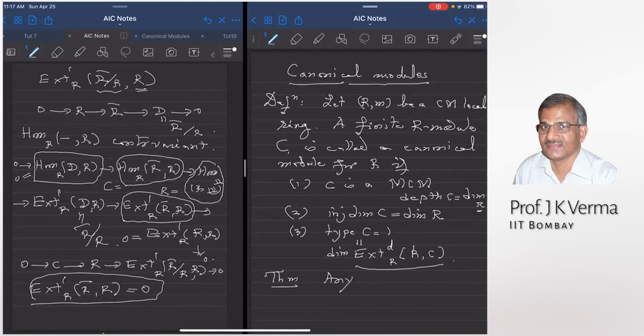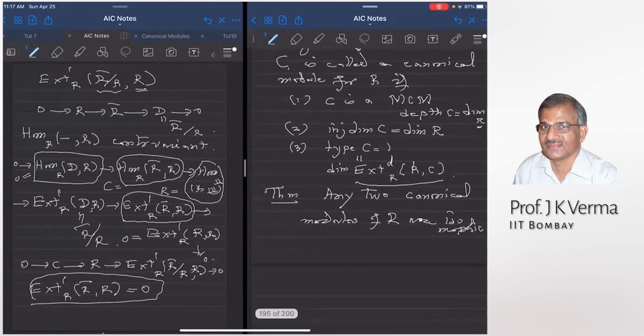Any two canonical modules of R are isomorphic. And we will prove that